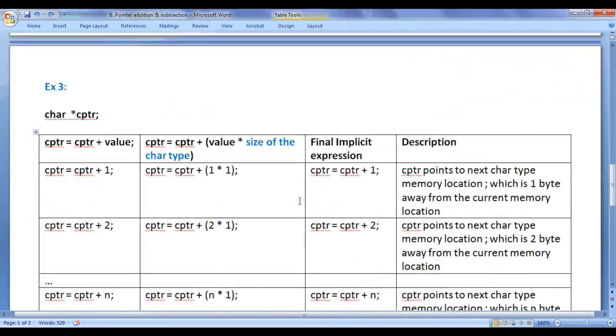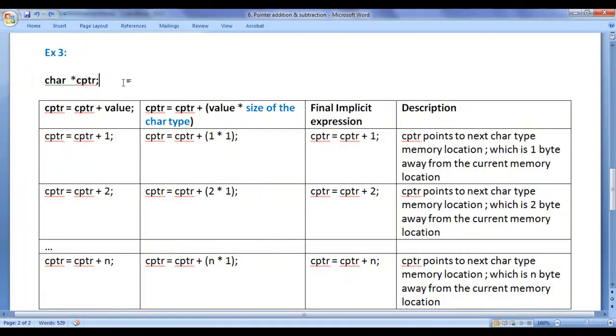Understood? Let's take one more example. Here CPTR is of type char. If you say CPTR equal to CPTR plus value, implicitly it is expanded to CPTR equal to CPTR plus the given value multiplied by the size of the character type. If you say CPTR equal to CPTR plus 1, it is implicitly expanded to CPTR equal to CPTR plus the given integer value 1 multiplied by the size of the character type, which is 1 byte.